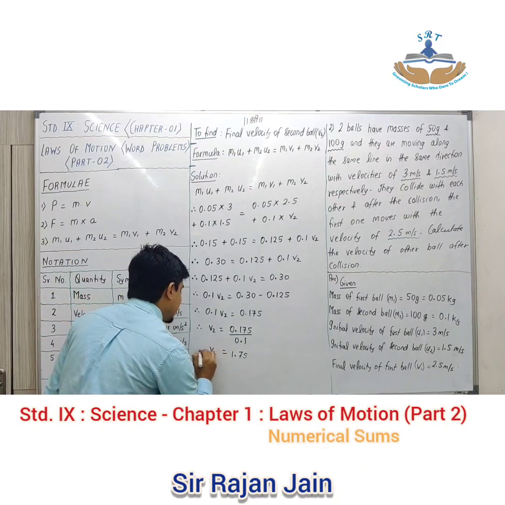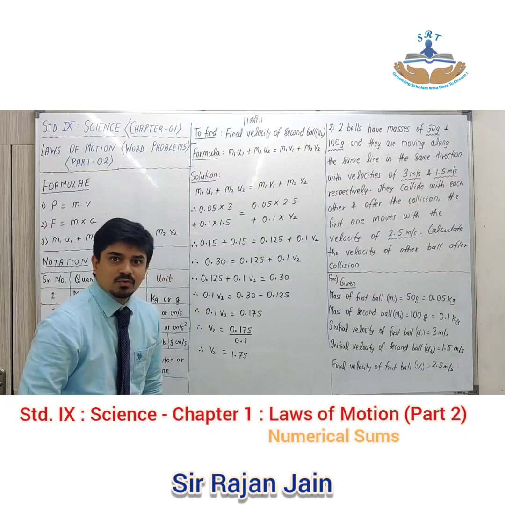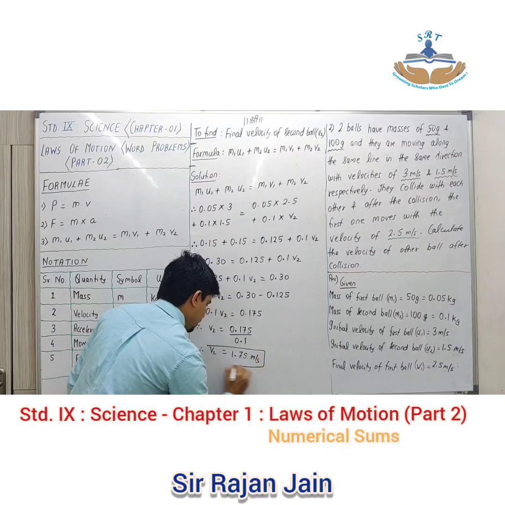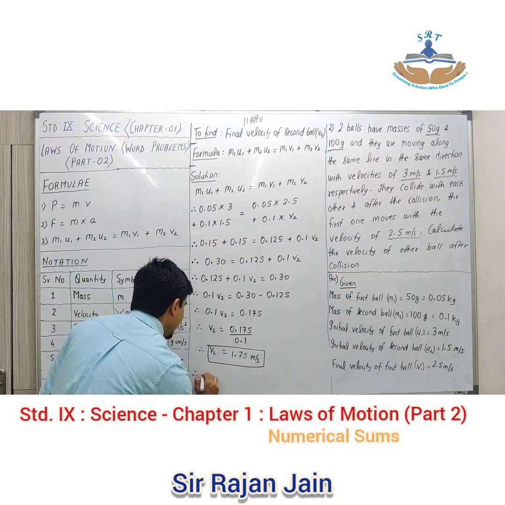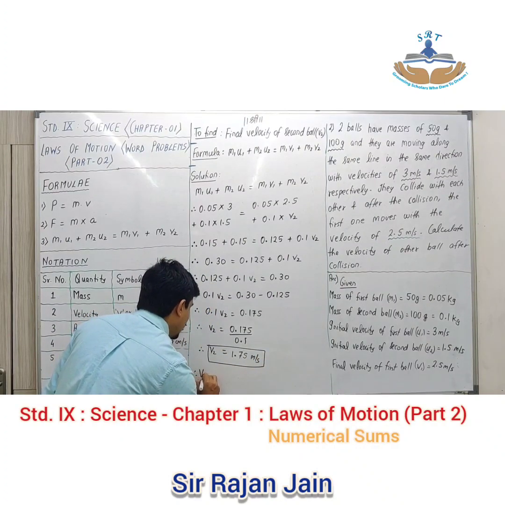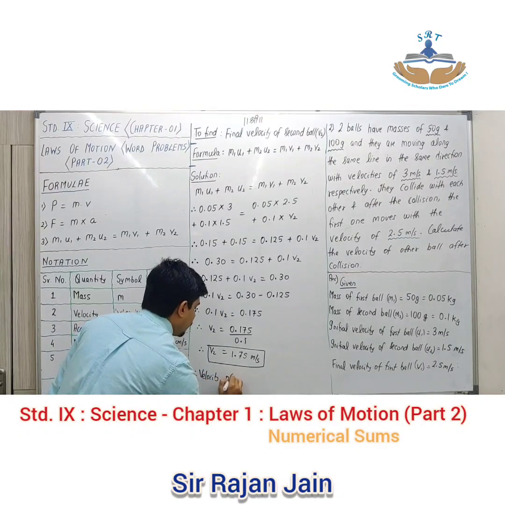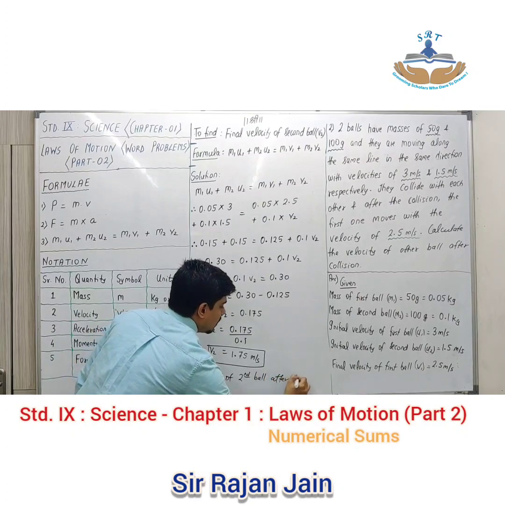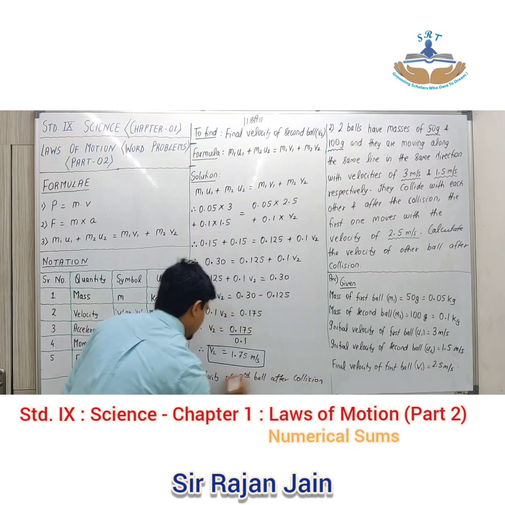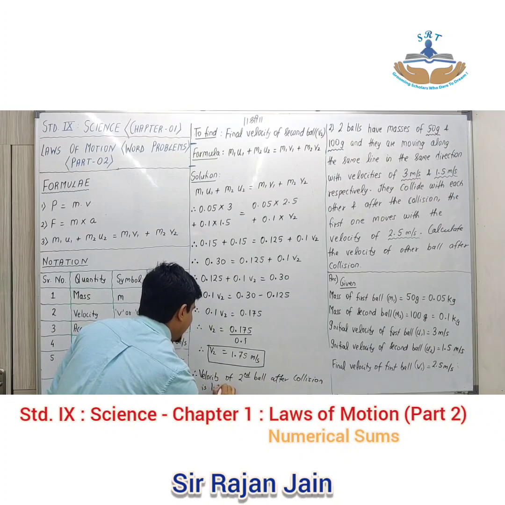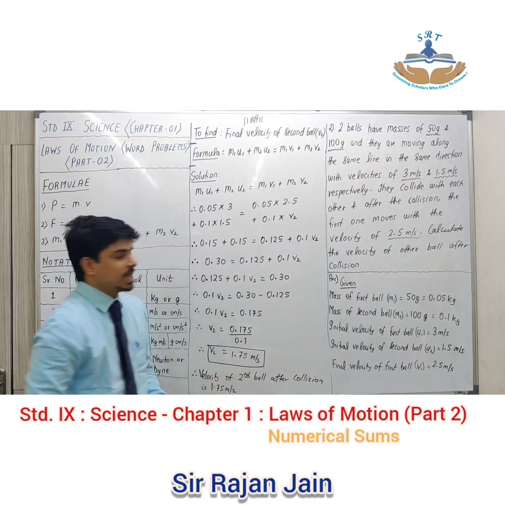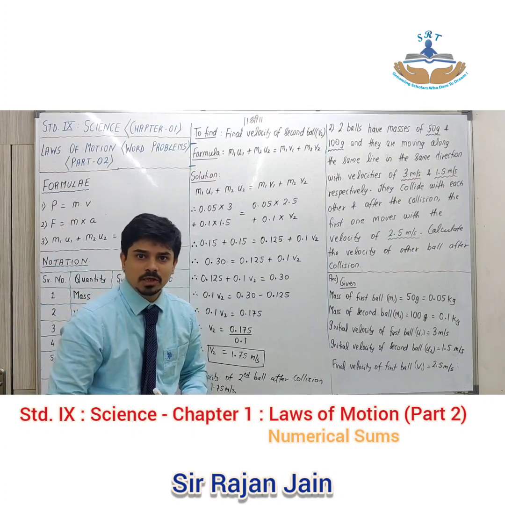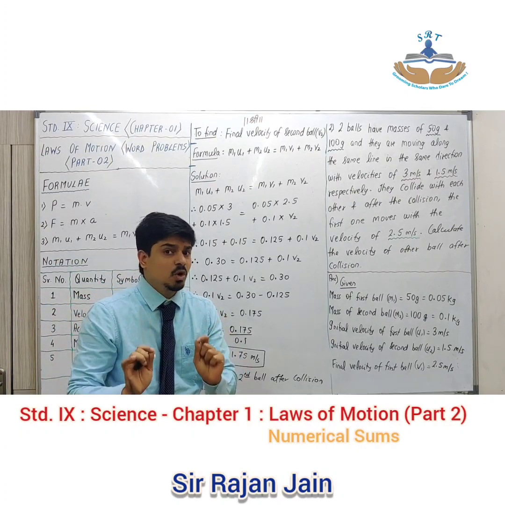अभी ये किसका आंसर है? V2 का आंसर है. Okay, V means velocity. Its unit should be what? Meter per second. And final answer, write it in statement form. Therefore, velocity of second ball after collision is 1.75 meter per second. I hope you have understood the entire calculation part properly. Okay, please mark this sum important.